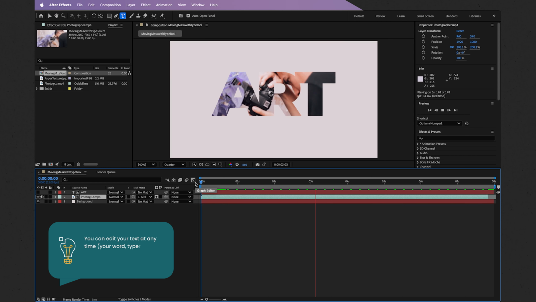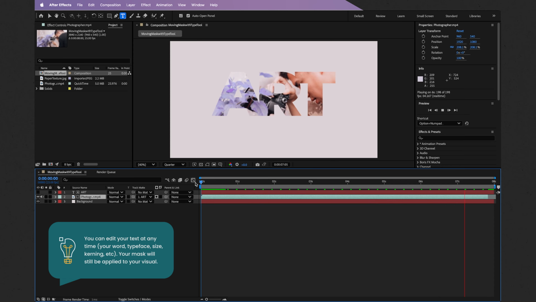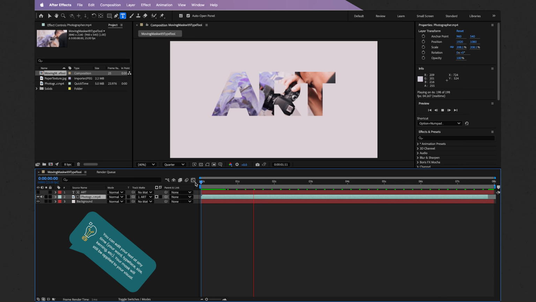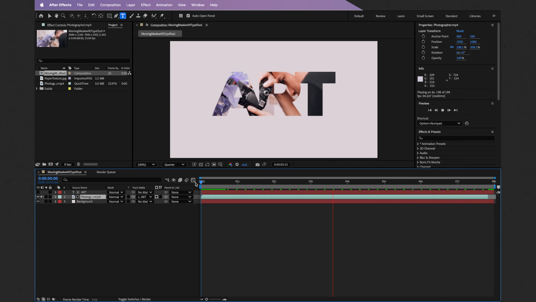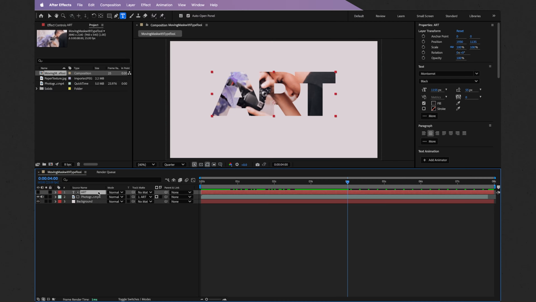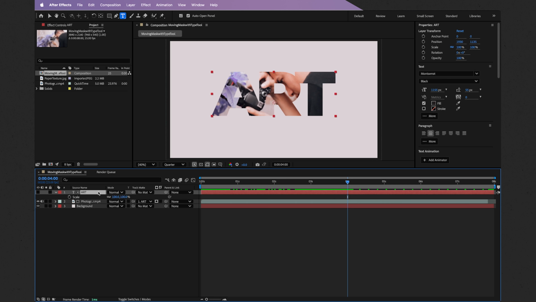Now, this looks pretty cool so far, but I do want to add an element of animation. In this case, I actually want the text to fill the entire screen. To do so, I'm going to start my animation at about 4 seconds. I select my text layer, and press the S key on my keyboard to trigger scale. I'm going to select the stopwatch,